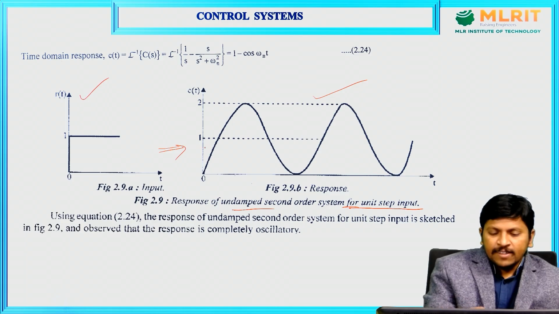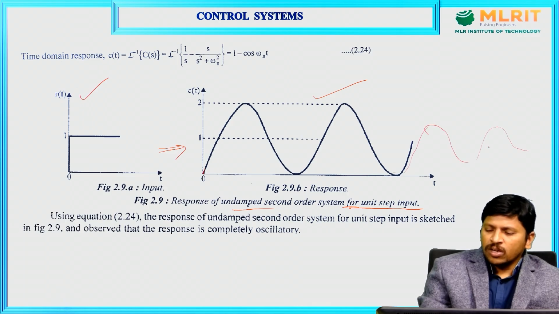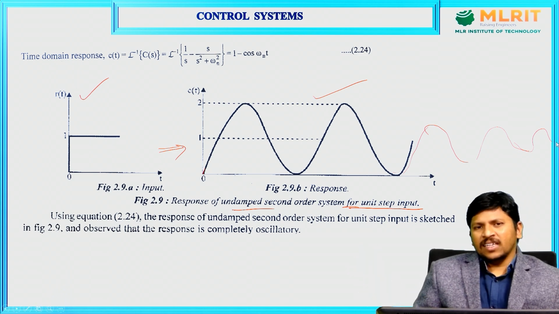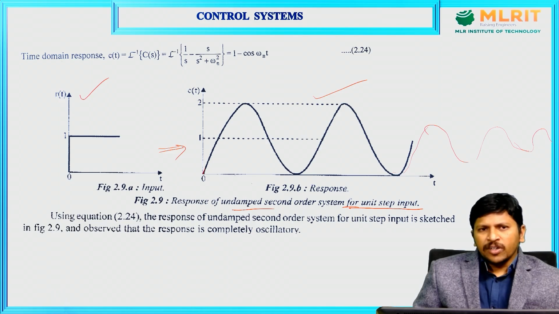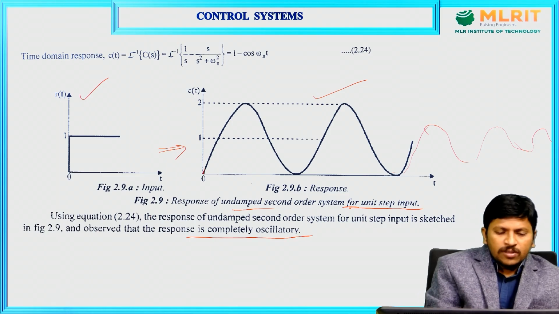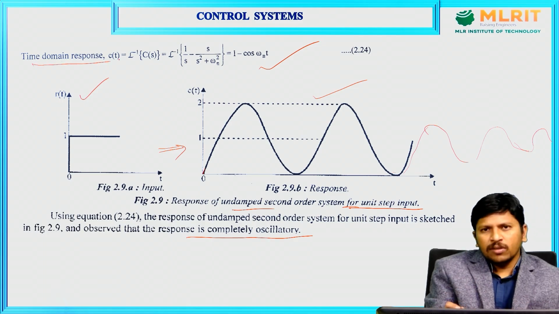This is the sinusoidal signal, so continuous. Now observe this signal: the response completely oscillates like that, going on. So the response of the undamped second order system for unit step input is completely oscillatory. This equation is nothing but the time domain response of the undamped